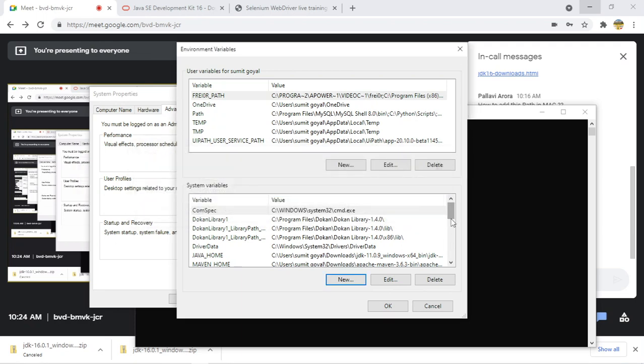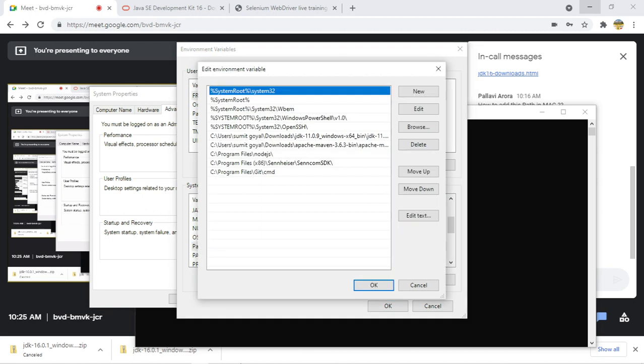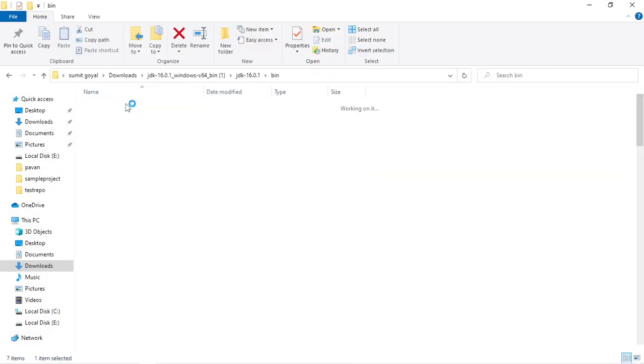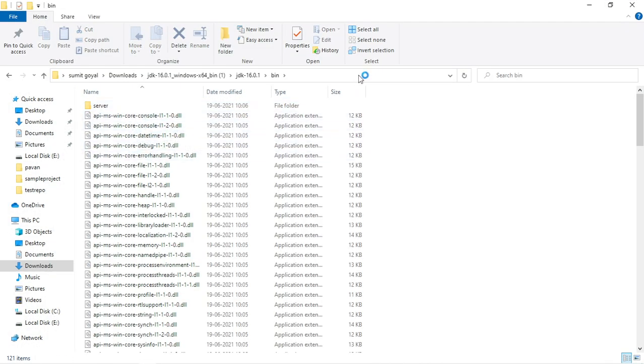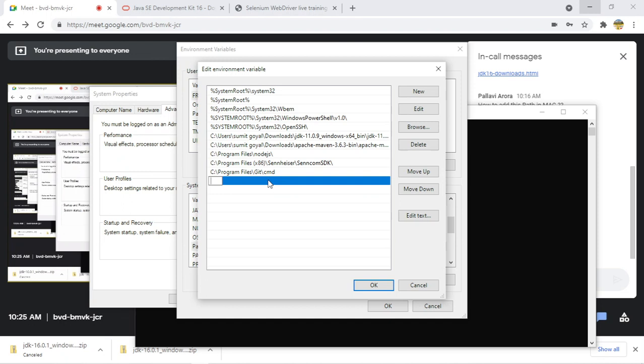Regarding the second step, there will be one Path variable in your machine. Click this. Here as well, you need to go to this path. Go to this bin folder and copy the path, and paste this complete path here. Are you able to proceed to the second step? Yes, sir.